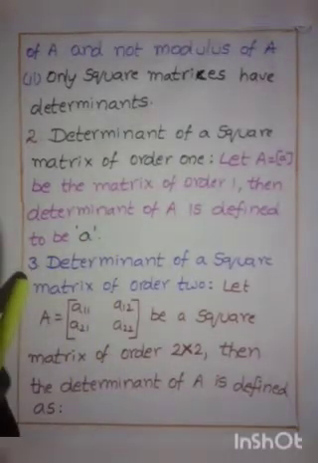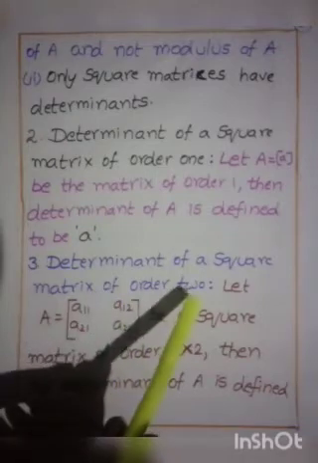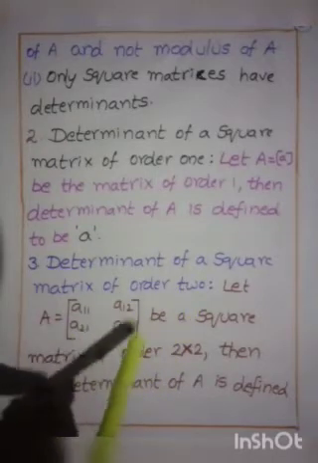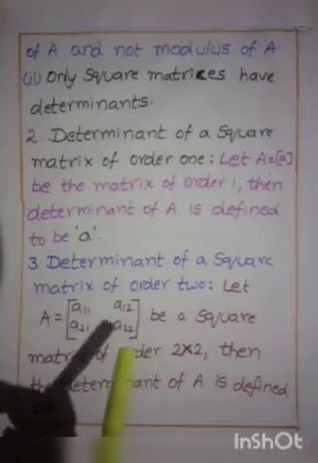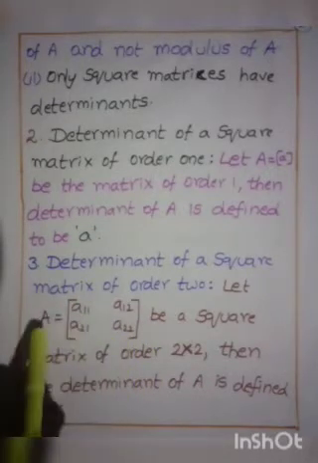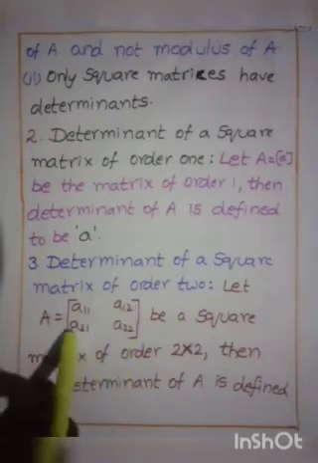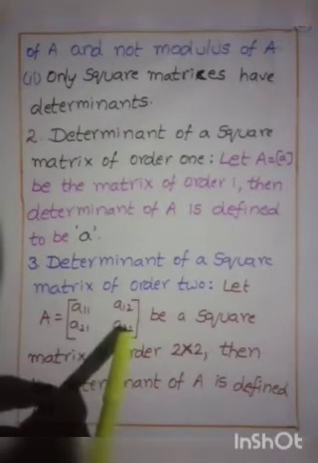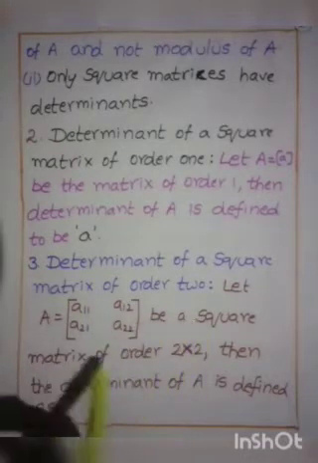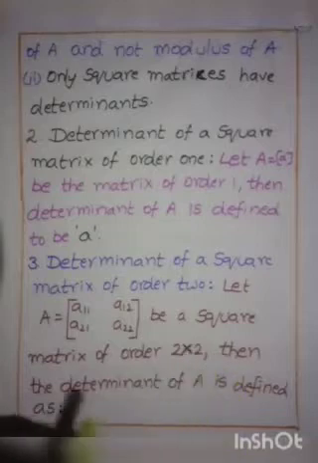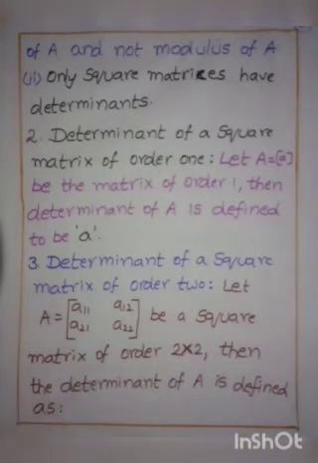Now come to the next point: determinant of a square matrix of order 2. If a 2 by 2 square matrix is given, how do we find the determinant? Let us consider A equal to the matrix with rows A11, A12 and A21, A22. This is the square matrix of order 2 by 2. Then the determinant of A is defined as